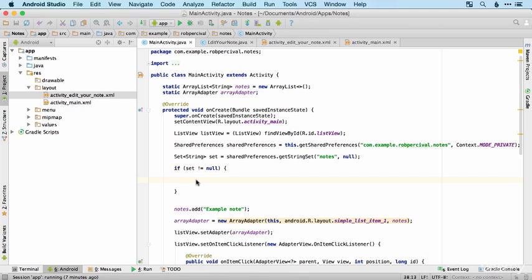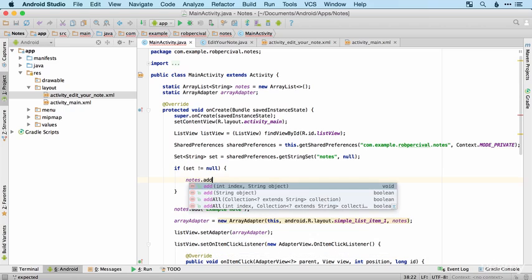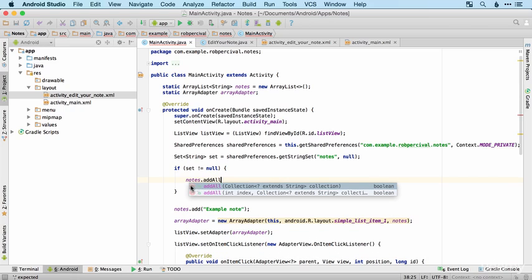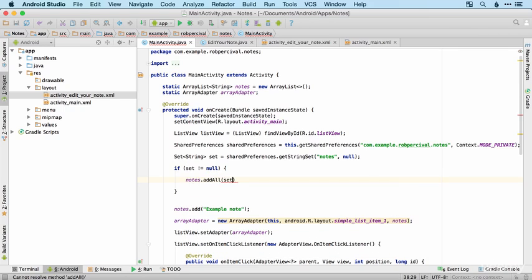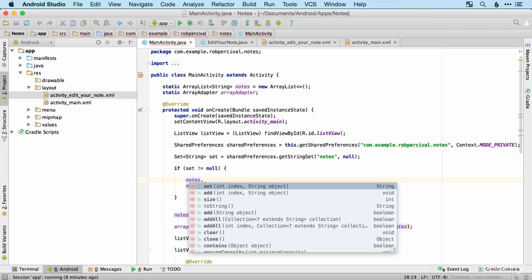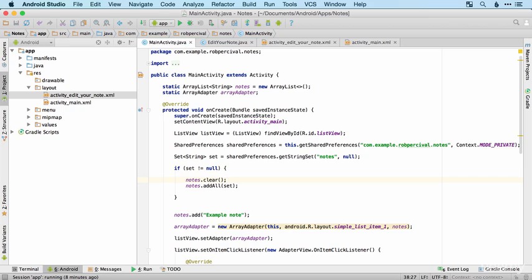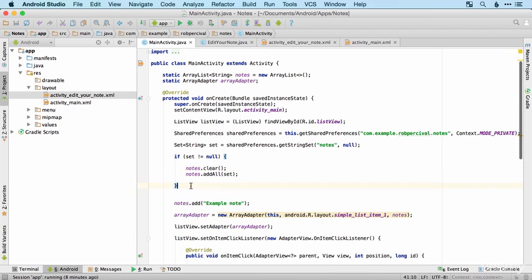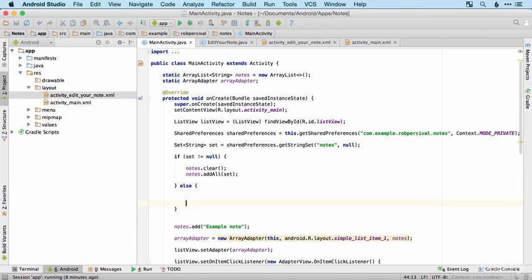then we can take our notes array list and add all. And we can add all the items from our set in one go, like that. When we do that, of course, we should clear notes beforehand so that we're not adding items multiple times. So that then just essentially converts our set to an array list, which we can then use with an array adapter. So if that's not the case, i.e. if set is null, then